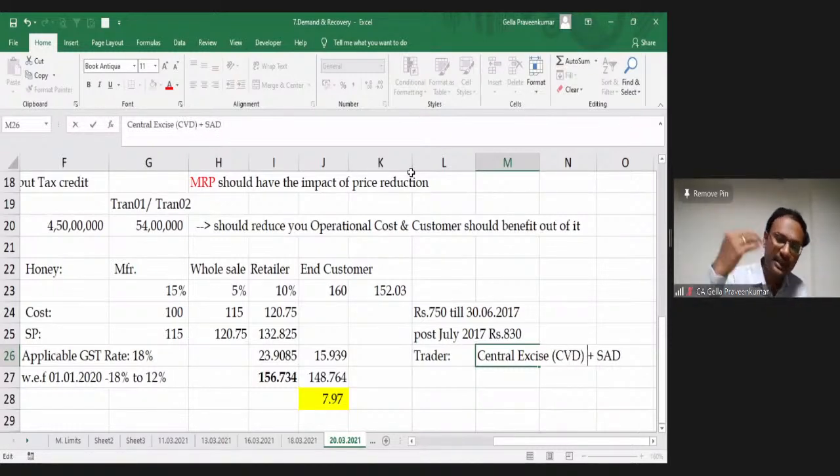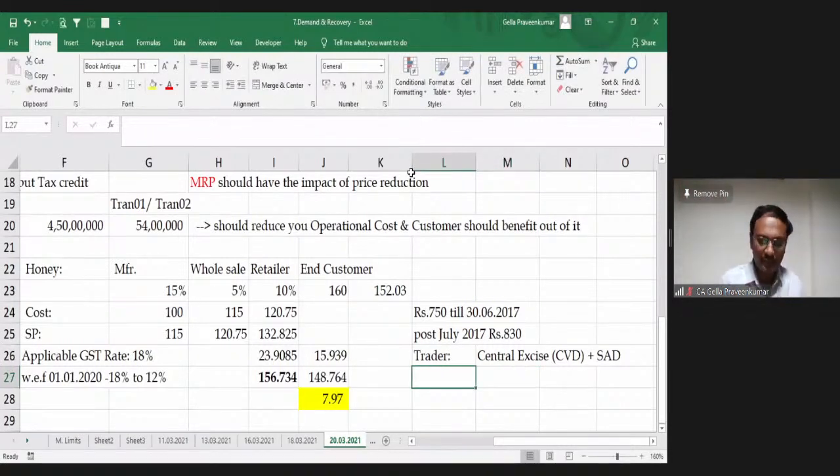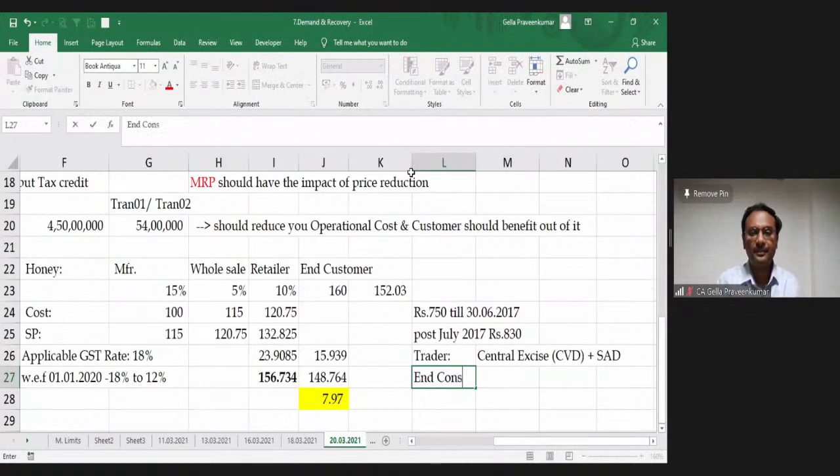When that gentleman imports the material, the 12% central excise plus 4% SAD, 16%, was the benefit of taxation, which was not passed on. Rather, with the customs rate going from 12% to 18%, he straight away jacked up 6% to the end consumer. That is the point at which the end consumer lodged a complaint